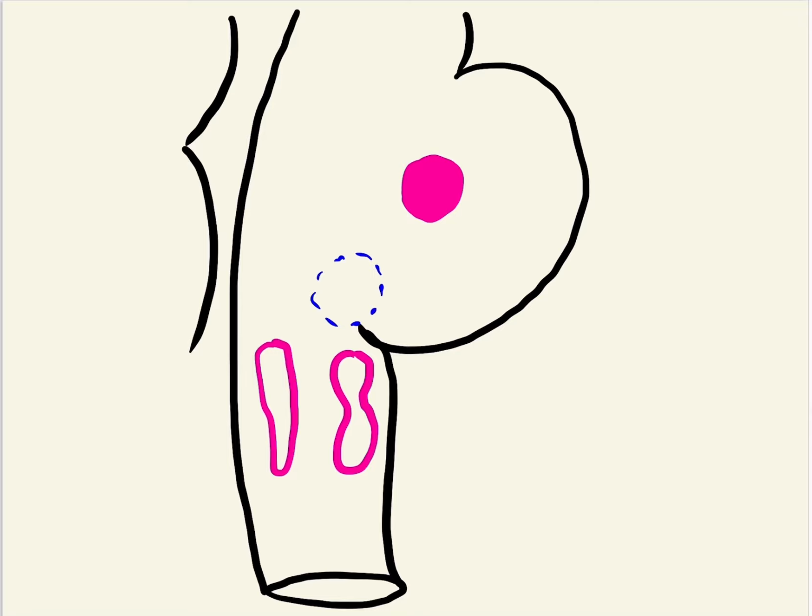Okay, now we know this pneumotaxic center is present in the nucleus parabrachialis